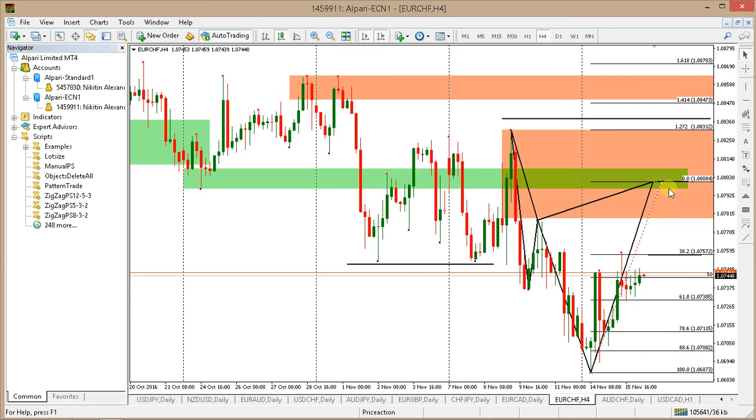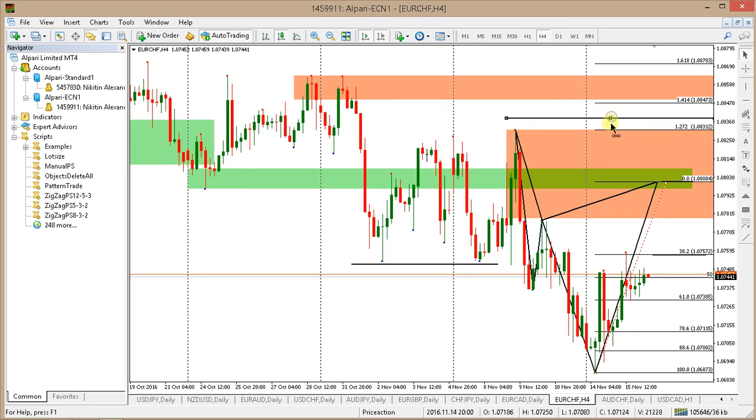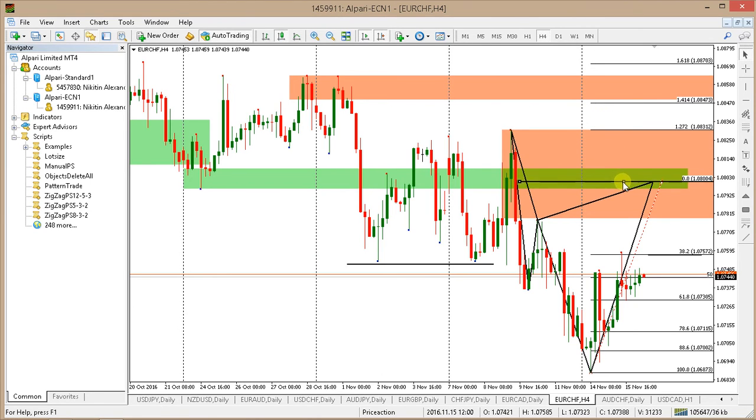Once this level is attained, half of the position is closed, and the stop loss is moved to break even. So you have a risk-free opportunity